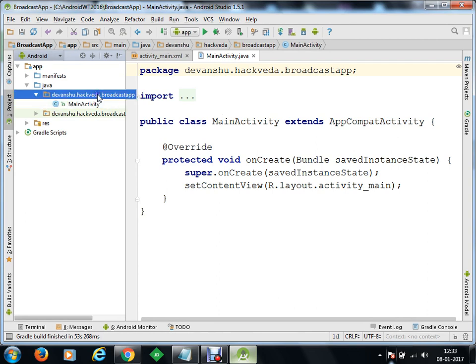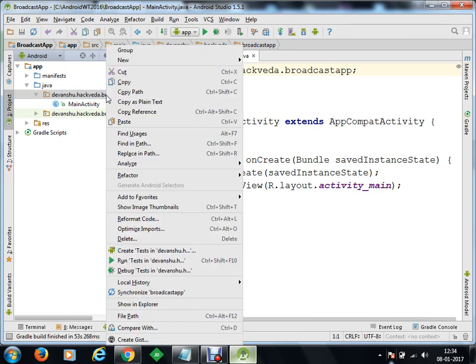We're going to create a new broadcast receiver here.